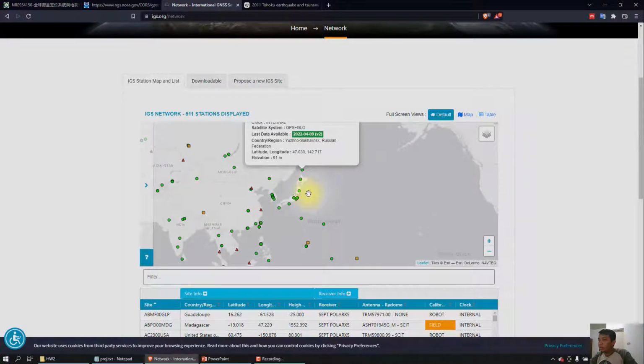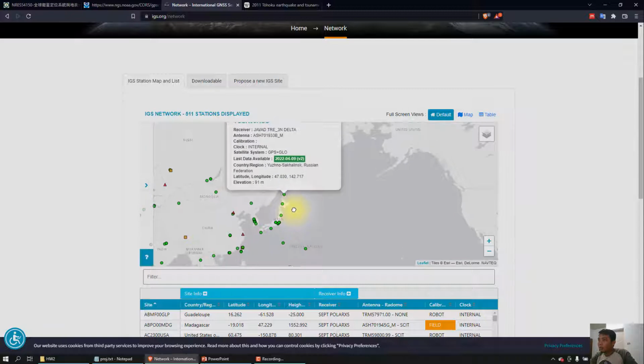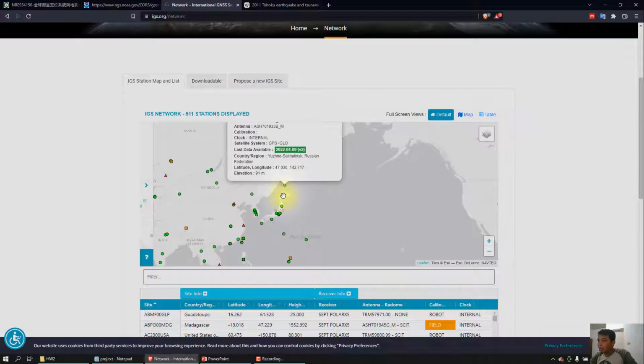So with the earthquake around here, I use the GPS stations from this area until this area, and for the western part I use this station and this station.